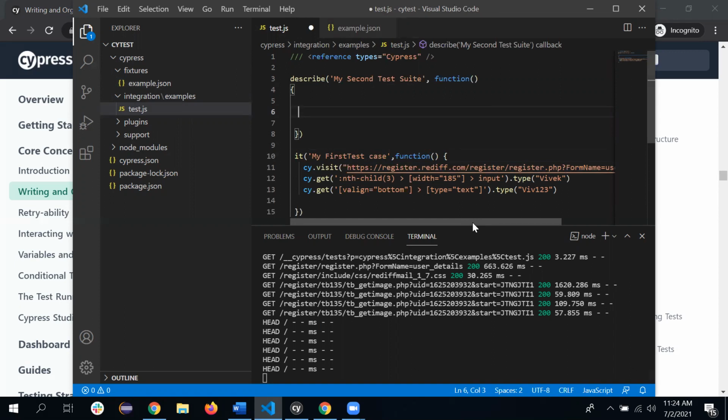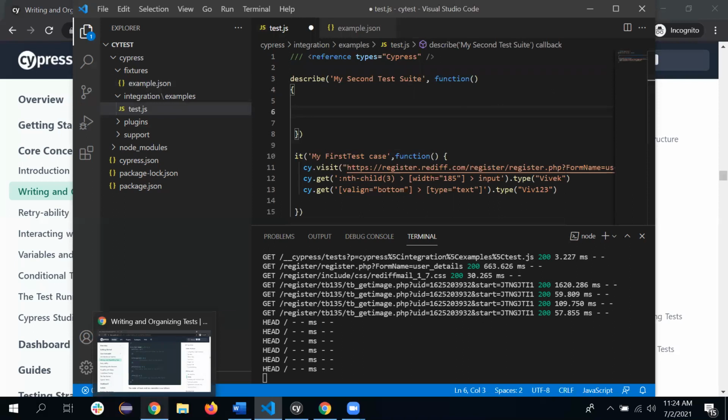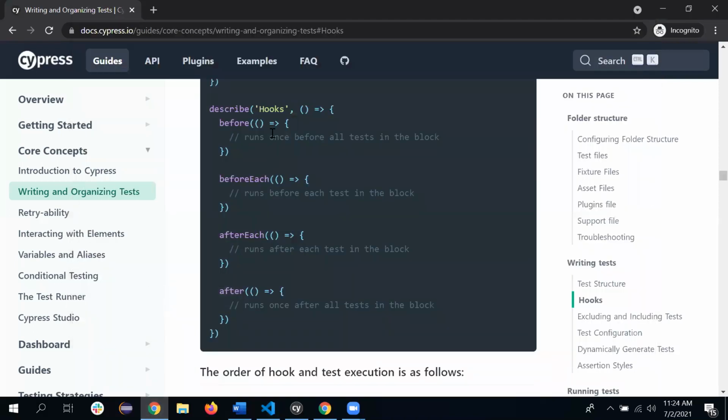To use that, here we can use the hooks concept that we are discussing here. If you remember, we have four hooks: before, after, before each, and after each. Before running all the test cases, we want our test data to be loaded. First we want to load our test data, and then use it to run our test cases. So for that, we can use the before hook simply, because we want to load the data before